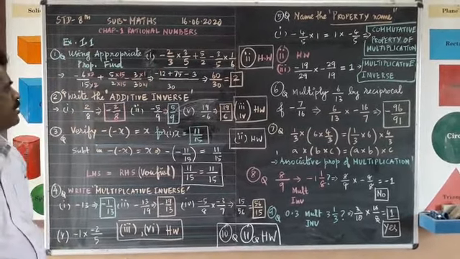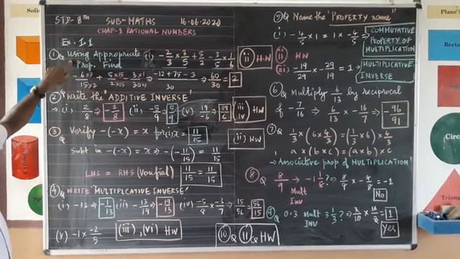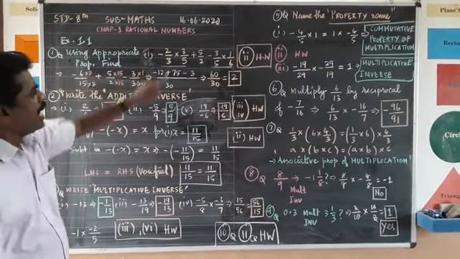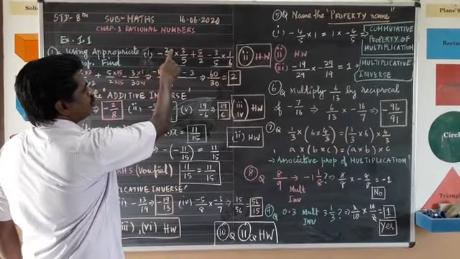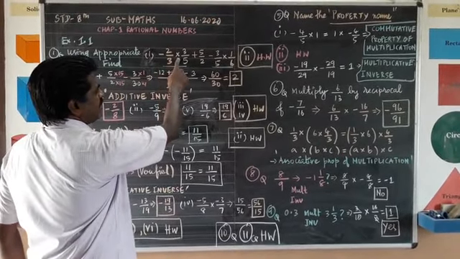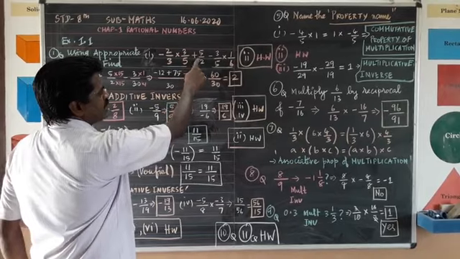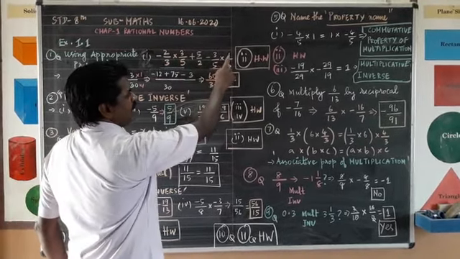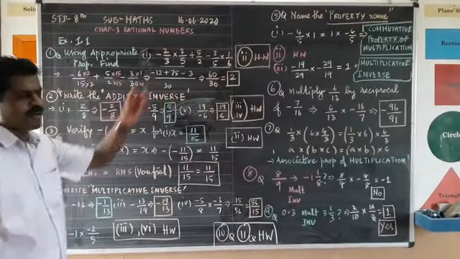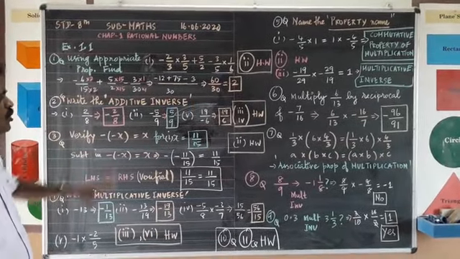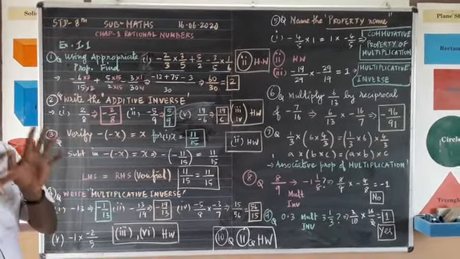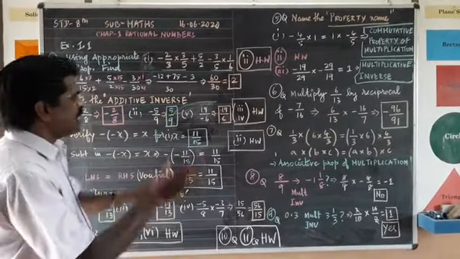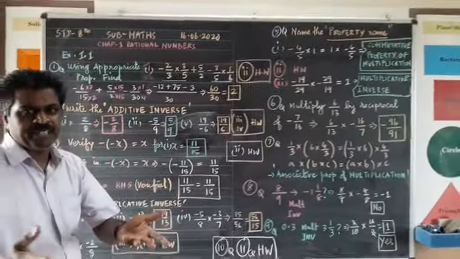I will explain so you can understand. See, first question, what is given? Using appropriate properties, find the value of minus 2 upon 3 multiplied by 3 upon 5, plus 5 upon 2, minus 3 upon 5 multiplied by 1 upon 6. This is the first problem given. So I am using properties to solve this problem and find the answer. I have taken a simple method. You can do it by any method, any property.